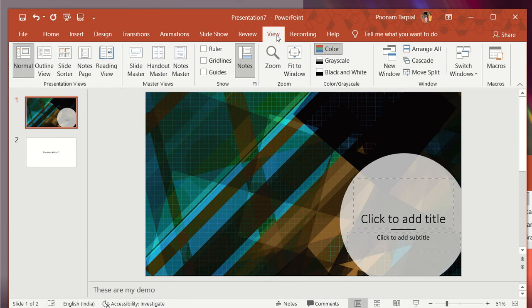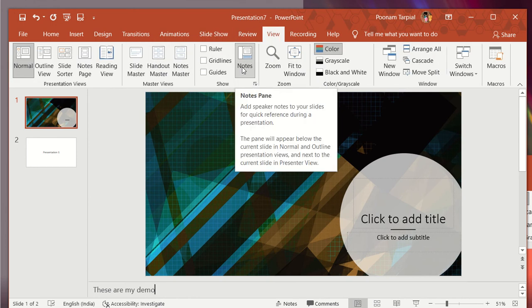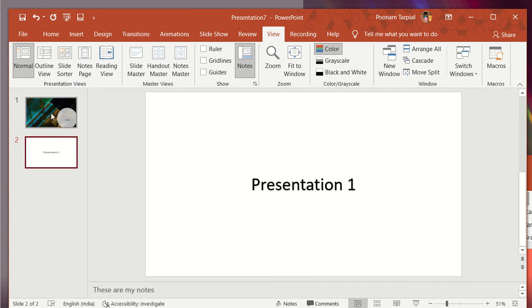Or else, in these tabs which you can see on the top, you have to click on the View option. You can click on this Notes option. This is also another way of reaching the notes section. This Notes and the very first one I showed you mean one and the same thing. Once you are ready with your notes, for each and every slide that you have prepared, you can add your notes simultaneously.